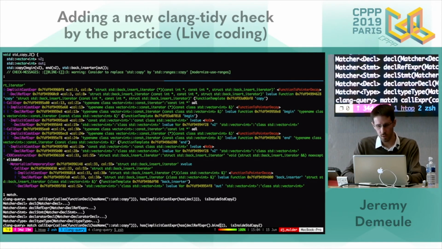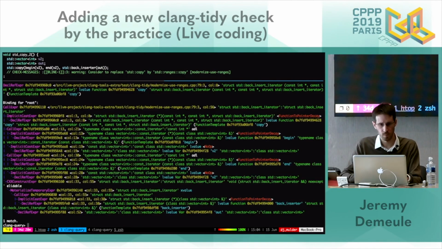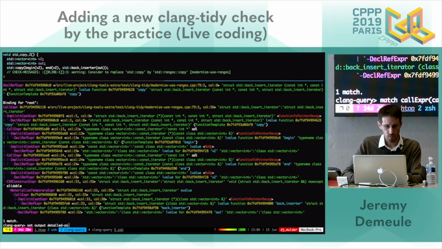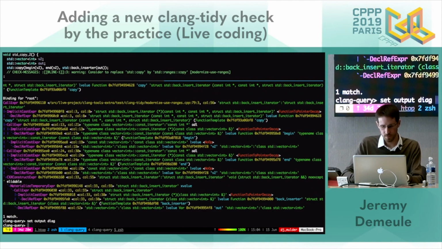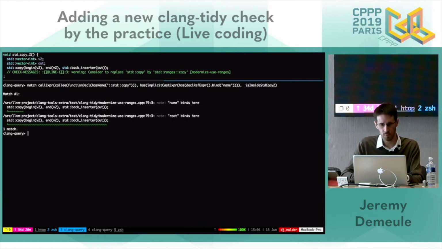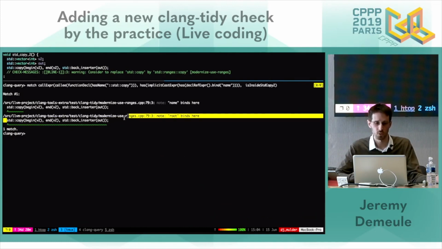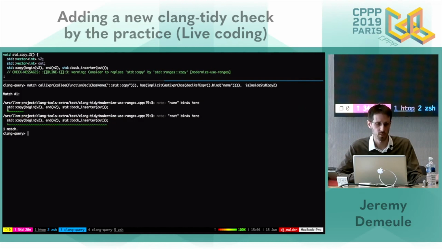And this one, I will add a name to retrieve it. We'll set output diag on it. Rerun again. Now my matcher retrieves two pieces of information, the call of copy, as previously, and